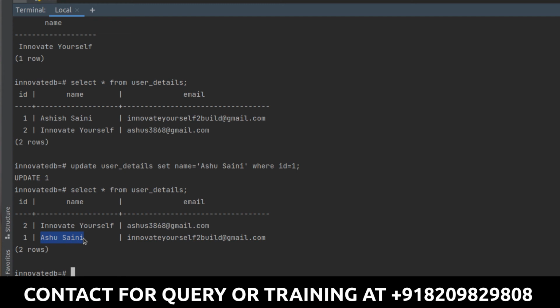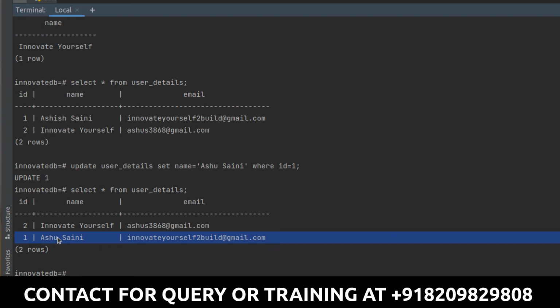Now this is the way we can delete it. The next thing is, suppose I already have created some data, and in that data I entered some wrong data by mistake. Now I want to delete that row. For example, this is the row which I entered by mistake, just because that is not the correct data. I entered it incorrectly. So I just want to delete this row. If I want to delete this row, what should I do?